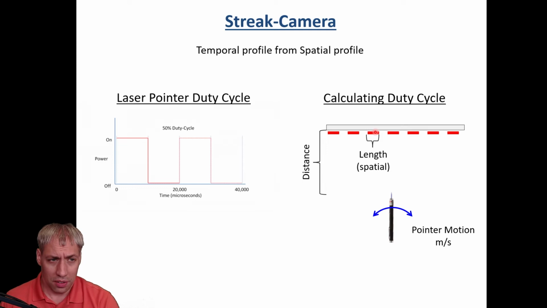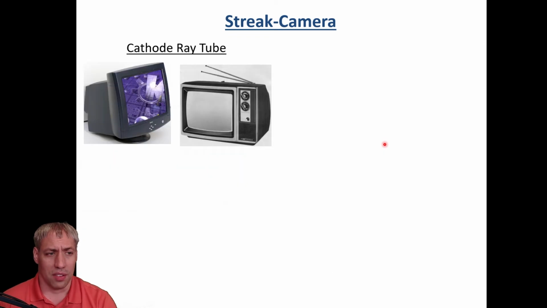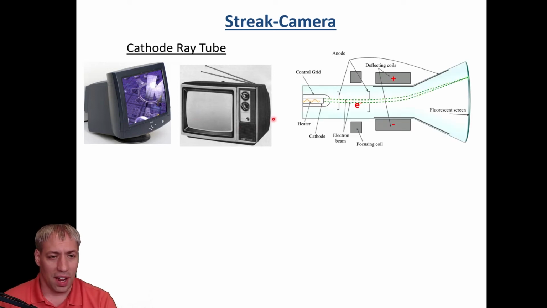And so streak cameras essentially do the same thing, but instead of using an arm swinging back and forth, they essentially use a cathode ray tube type setup. And so anyone over the age of 30 probably remembers cathode ray tubes. They're the big TVs with the bulbous back end on them. The reason they have this particular shape is because they have a cathode ray that essentially generates a beam of electrons. Those beam of electrons are directed towards a fluorescent screen,